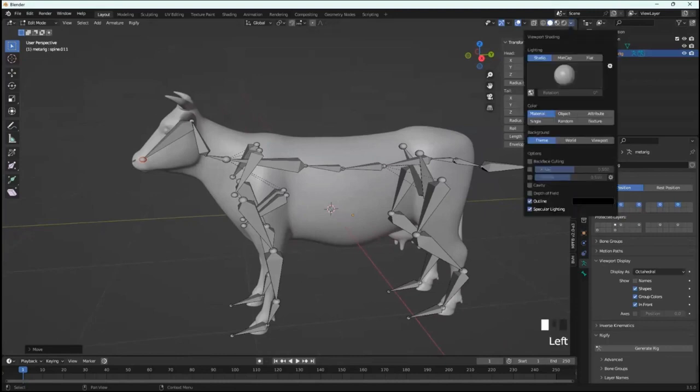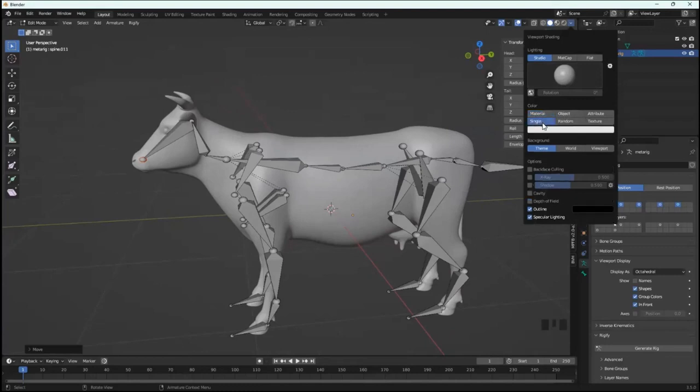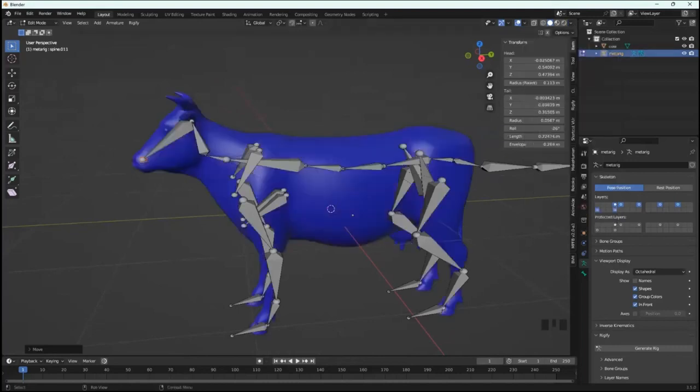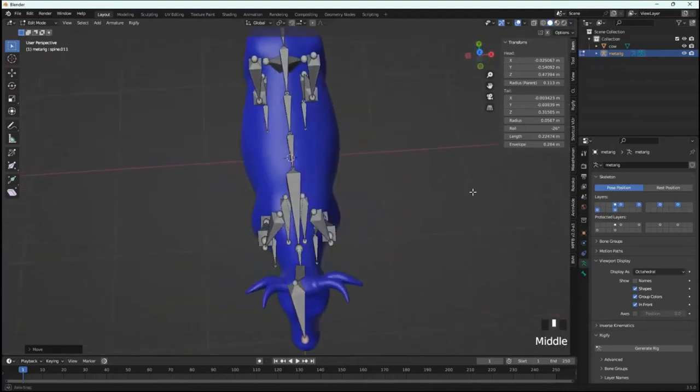Right, we'll click on viewport shading, and then if you come down, it says material. If you give it a single color, you'll get a color wheel up. Change it so you get a contrast between the bones and the mesh. Blue's pretty good. It stands out a lot better. And that way, when you're looking down on it,